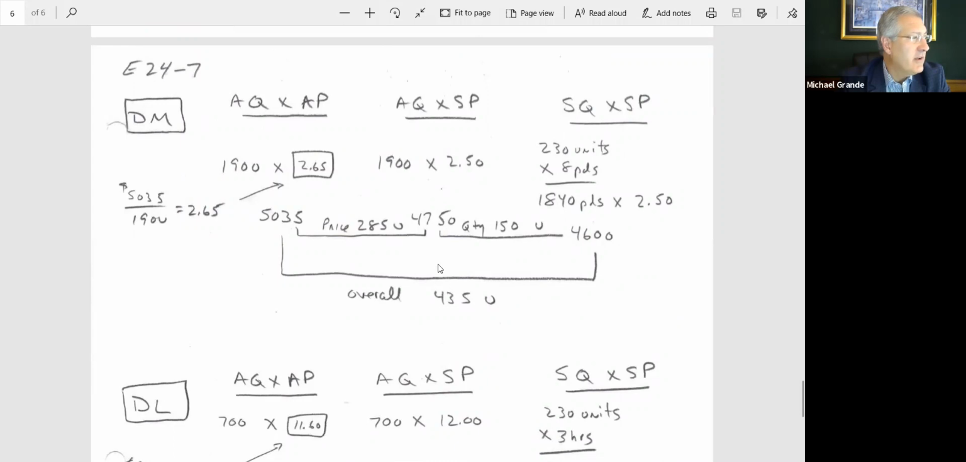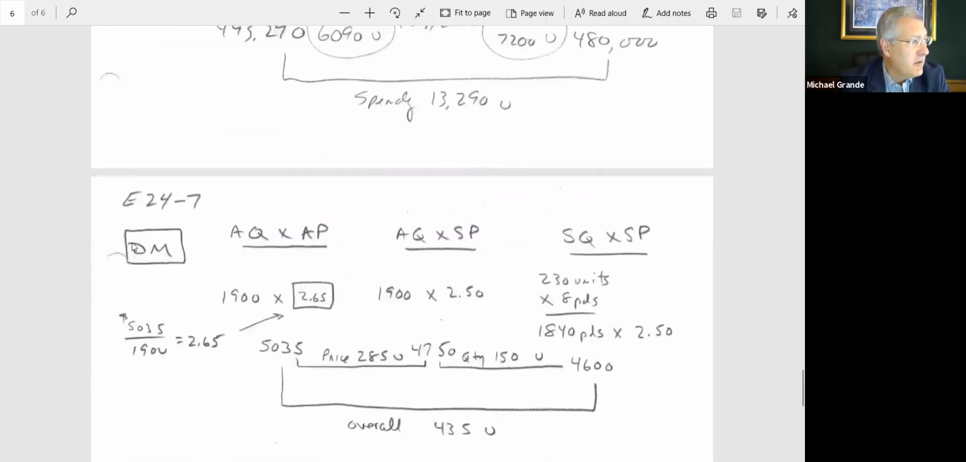24-7. Let's first look at the direct materials variances. Let's work with the standard information first on the right-hand side. Always look for the actual output. The actual output was 230 units. The standard said 8 pounds per unit. They should have used 1,840 pounds. At a price of $2.50 per pound, they should have spent $4,600. How much did they actually spend? Well, they gave you this 5,035 right here,